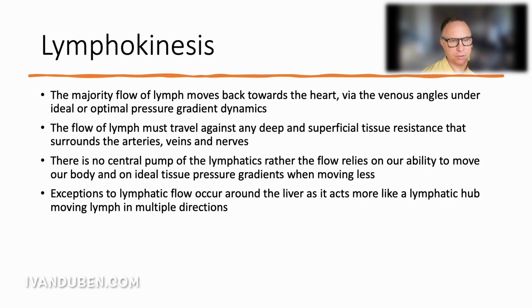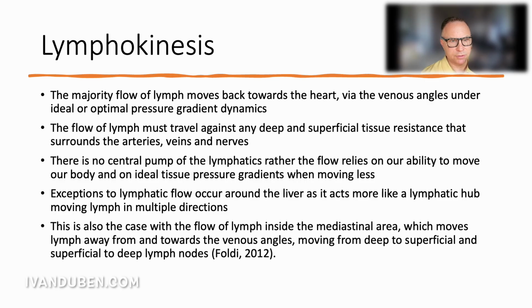Exceptions to lymphatic flow occur around the liver, as it acts more like a lymphatic hub, moving lymph in multiple directions. This is also the case with the flow of lymph inside the mediastinal area, which moves lymph away from and towards the venous angles, moving from deep to superficial and superficial to deep lymph nodes. So I'm going to cover more of the complexity of in what direction the lymph is moving, to try and